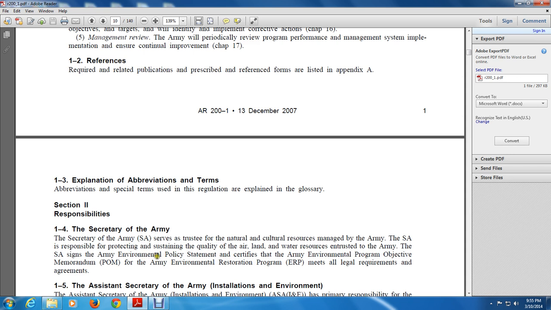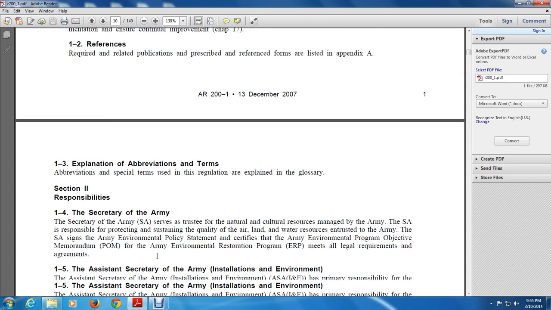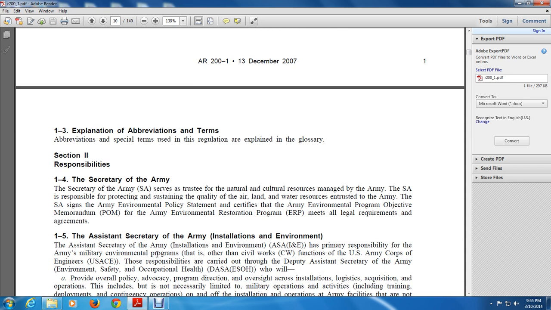The Army Environmental Program Objective is the EPOM. The environmental restoration program, ERP, meets all legal requirements and agreements. 1.5, the Assistant Secretary of the Army for Installations and Environment, ASA I&E, has primary responsibility for the Army's environmental programs, other than civil works, CW, functions in the U.S. Army Corps of Engineers, USACE, as responsibility for this is carried out by the Deputy Assistant Secretary of the Army for Environment, Safety, and Occupational Health, DASA ESOH, who will